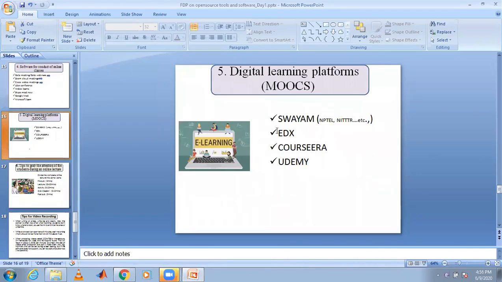All are free, but if you want a certification, then only you have to pay on these digital learning platforms. All are for self-paced learning. No live streaming. All are flipped classes. This is about the digital learning platforms.